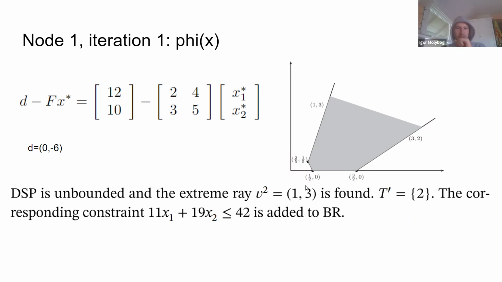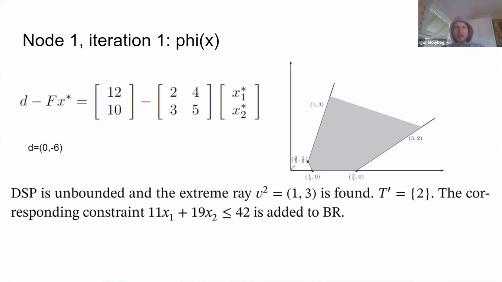And if you take a look at how it's located on this graph over here, (0, -6) is a vector that looks this way, right? And since we are doing minimization,